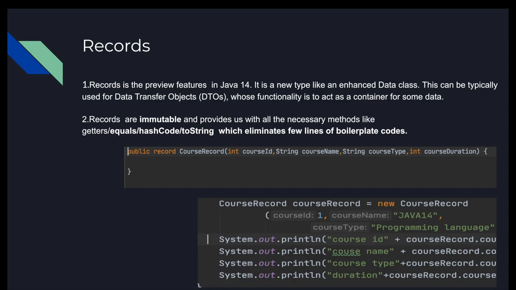So basically records is a new type, like a data class. This can typically be used for DTOs, data transfer objects, whose functionality is to act as a container for some data. Records are immutable, which means they don't provide setters, we cannot change their values, and they provide all the necessary methods like equals, hashCode, toString, which eliminates a few lines of boilerplate code.